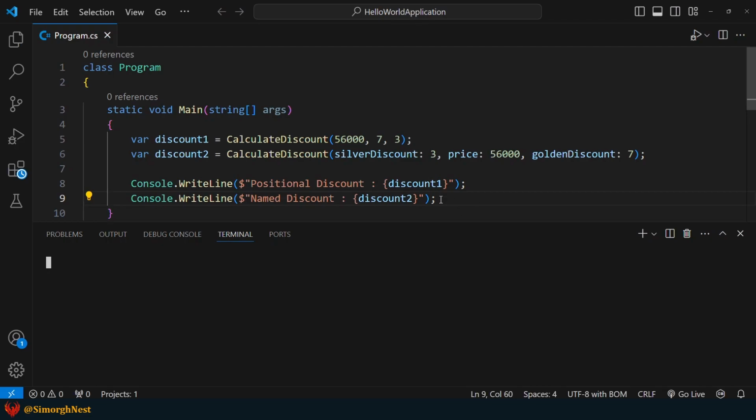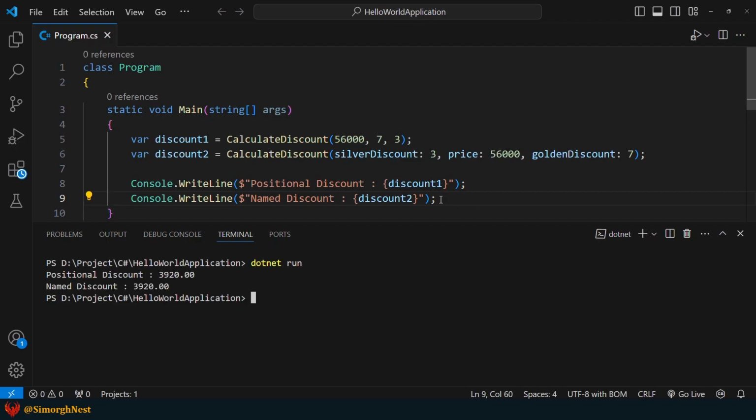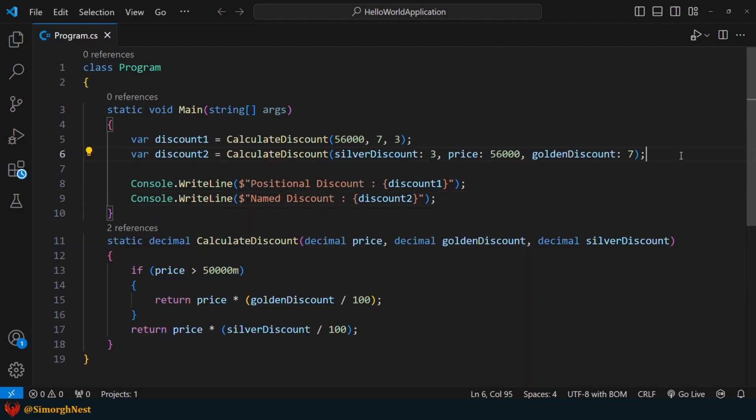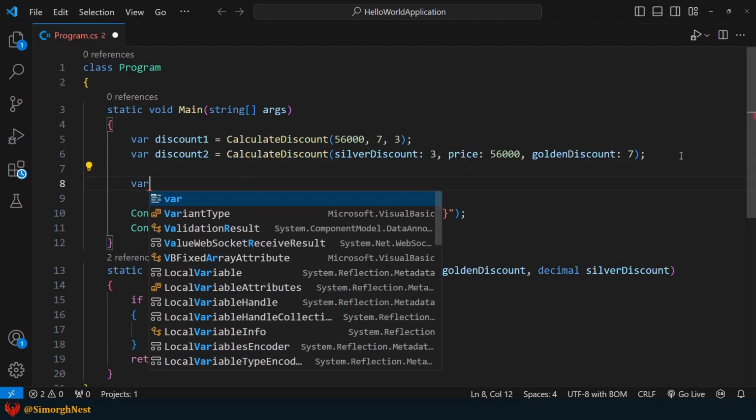Now let's run the application to see the result. As you can see, in both types of method calls, we get the same result. What if we only use the named argument for the silver and golden discounts?